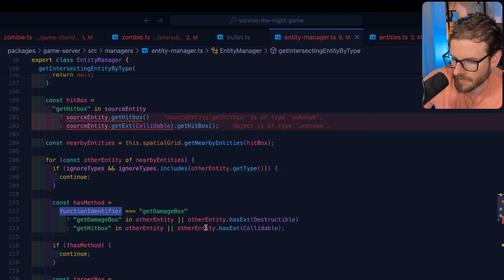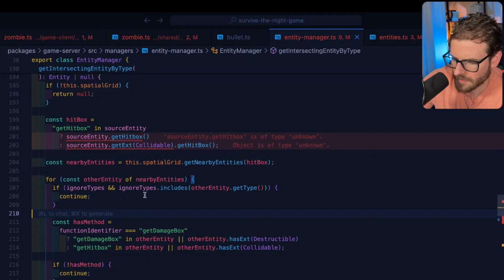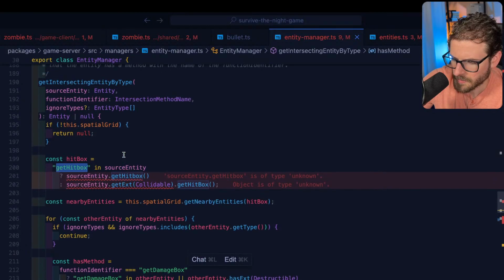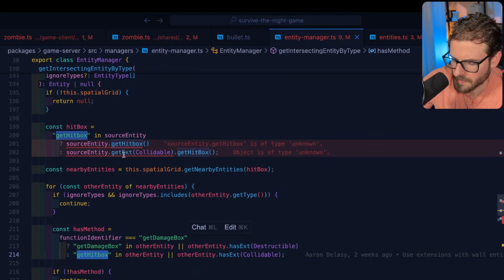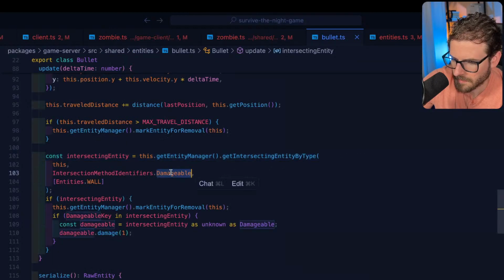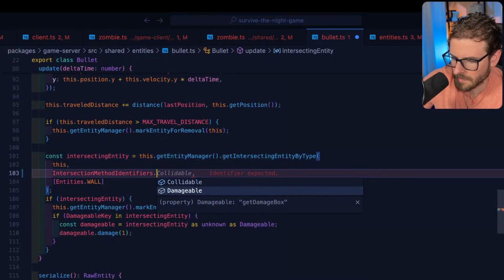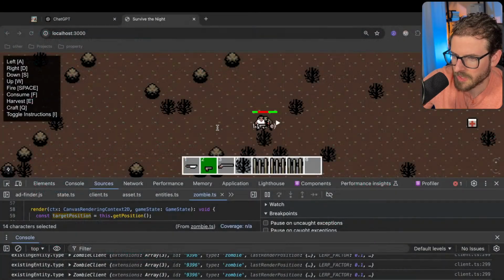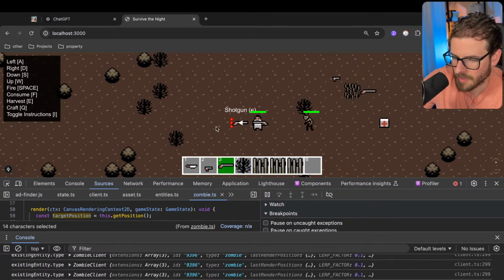Get hitbox. Let me switch that over real quick and see if that makes it work.